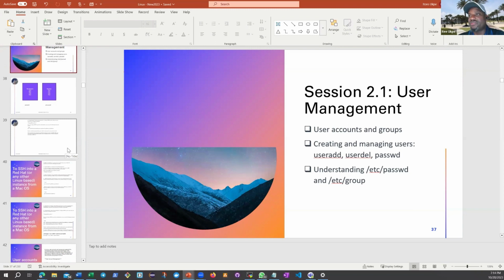You've seen how to add a user and how to delete a user. Let me do a little bit of demonstration real quick so I can refresh your memory on what I'm talking about. Some of you, I know it still seems abstract, but let me bring your understanding a little bit